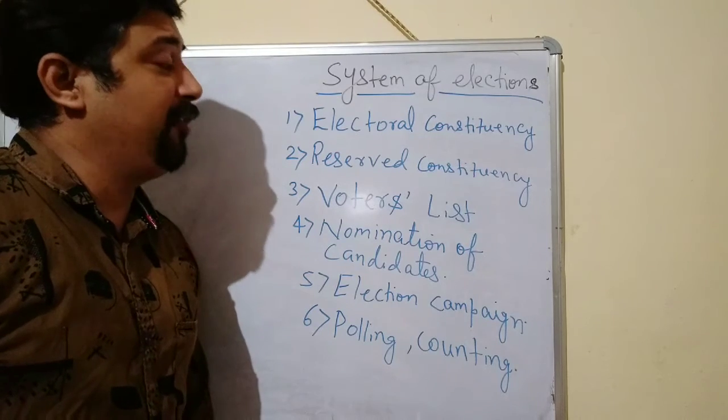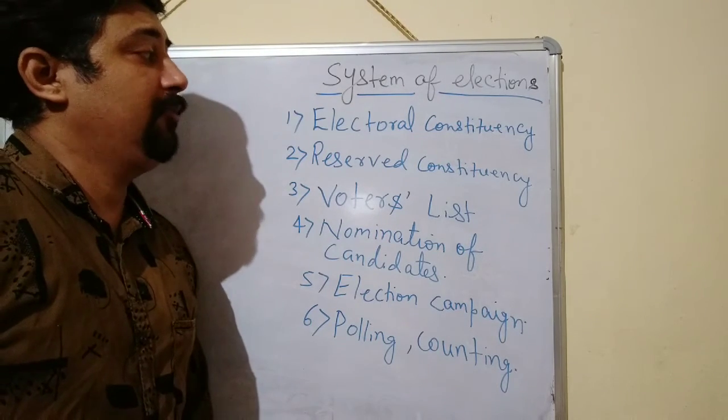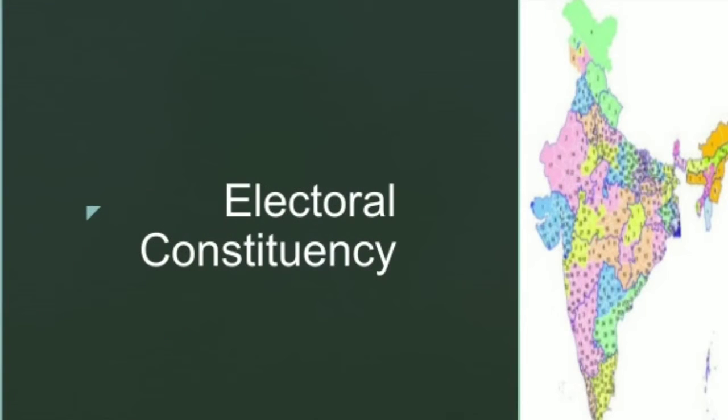So, in this video, we are going to discuss one by one all the important steps that are included in the system or in this mechanism. So, let's start with the first point. The first point is electoral constituency. You'll have to understand that in our country, in order to complete a successful election,